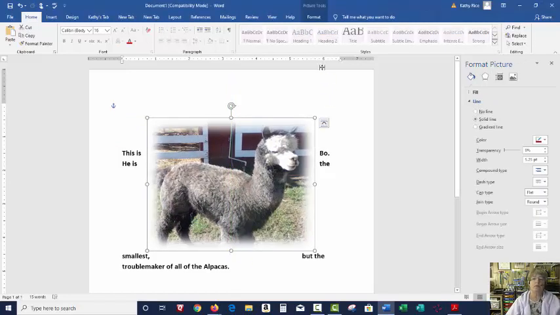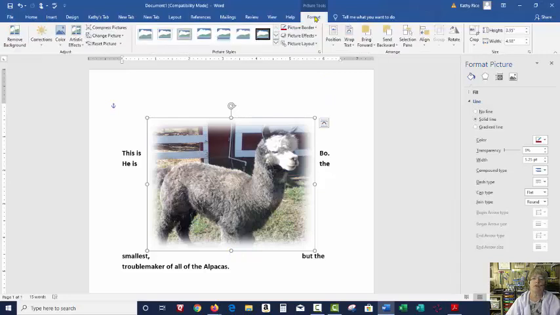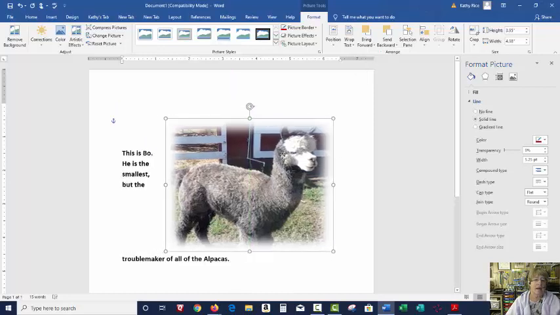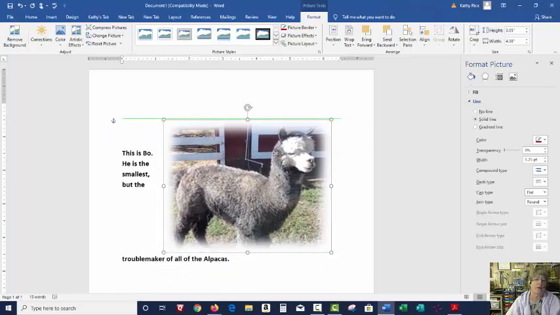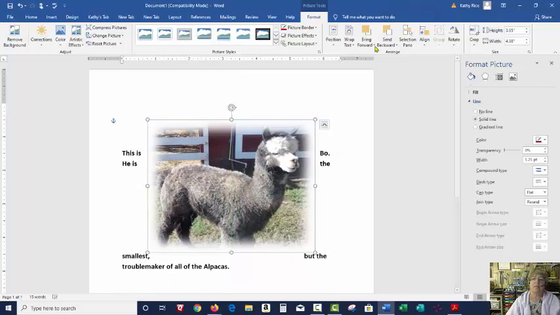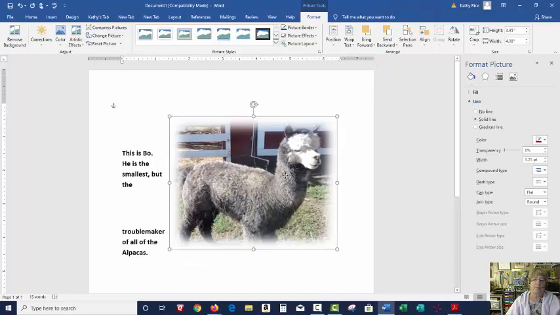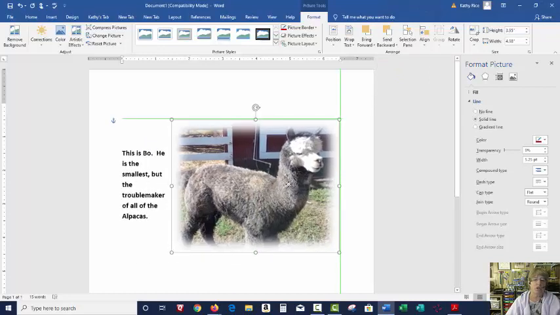So what do I do? If I go back up here to the picture toolbar and click on bring forward, and say bring this picture in front of the text, now you see how if I move the picture around, what it does to the text. So I'm just going to click that back to bring forward. Try bring backwards. In back of the text, you can get all of the text to one side,